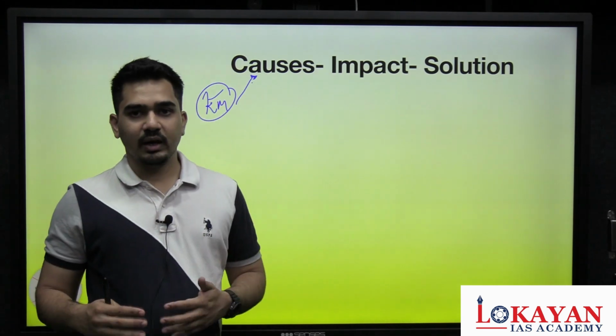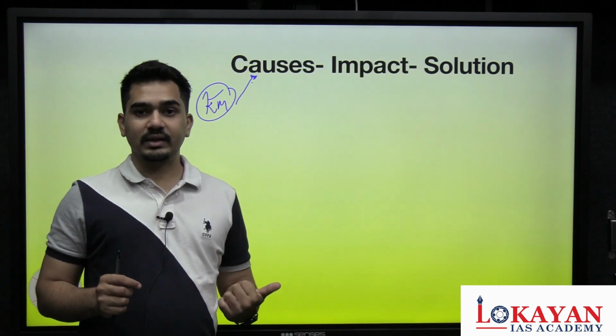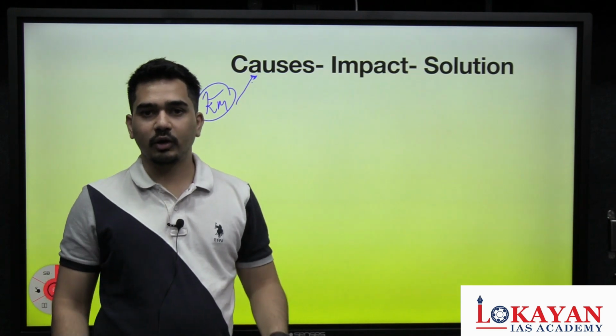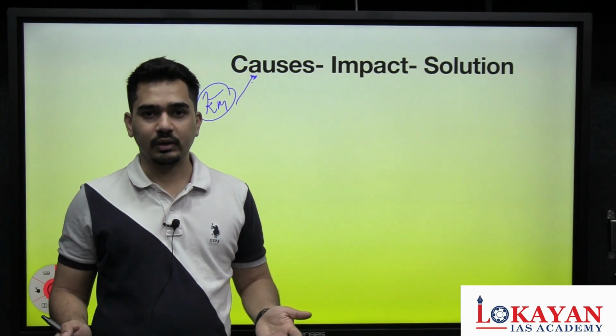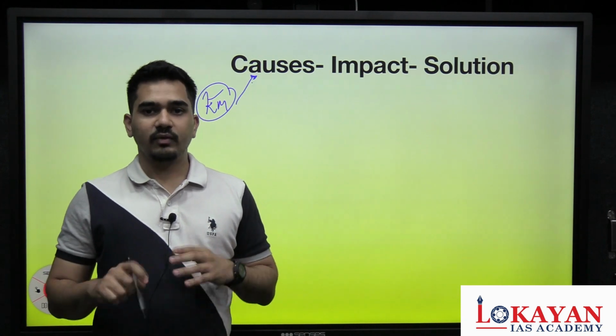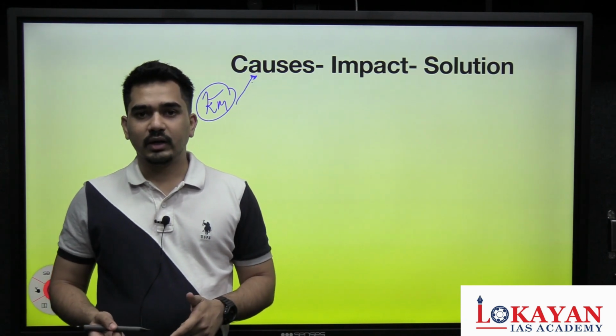So these are causes. For its impact, we have discussed while discussing the knowledge matrix how it impacts. So similarly, in the solution also you can apply the knowledge matrix and give a multi-sectoral solution. So these are the three distinct ways in which you can apply the knowledge matrix.